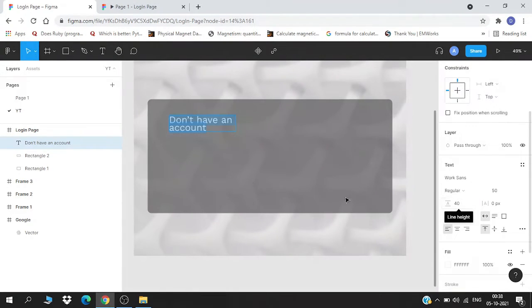Okay, I'm just giving the appropriate line spacing, as you can see. For the font, I'm going to select Worksense and I'll make it a little bold. We can increase the size to 70. I'll give a line spacing of 10 or 15, we can say. Yeah, that looks fine to me.